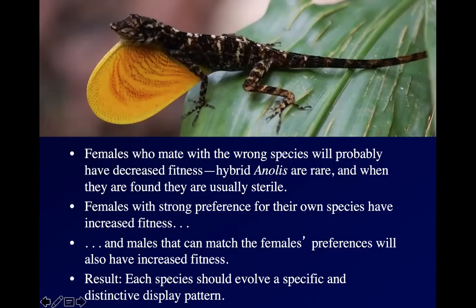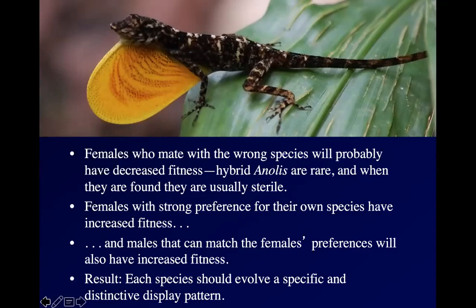Actually, there may be more to it than that too, because you might have noticed that those dewlap colors tend to have a lot of reds and oranges. And remember, those are correlated with immune system health. So males may not just be signaling, hey, I'm Anolis sagrii. They might be signaling, hey, I've got an incredible immune system and you'll have lots of healthy babies if you mate with me.